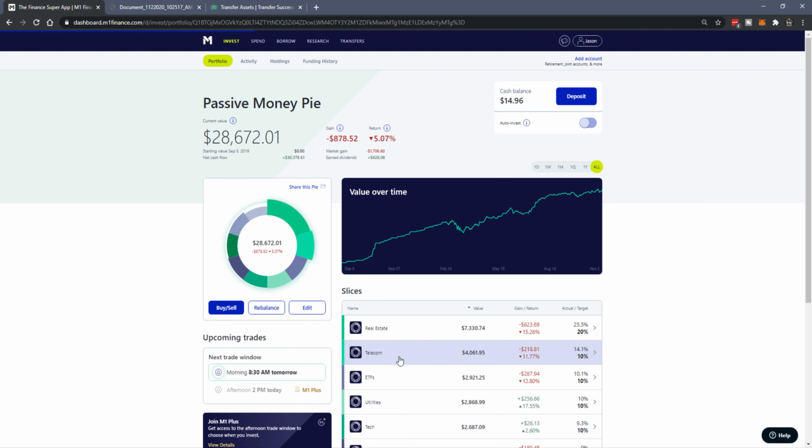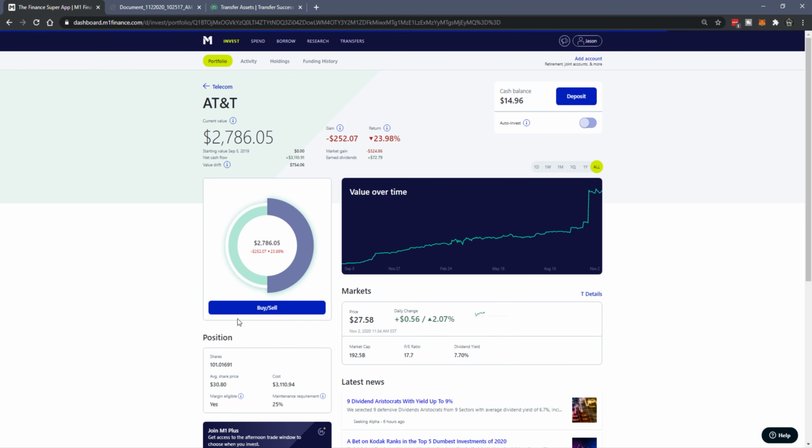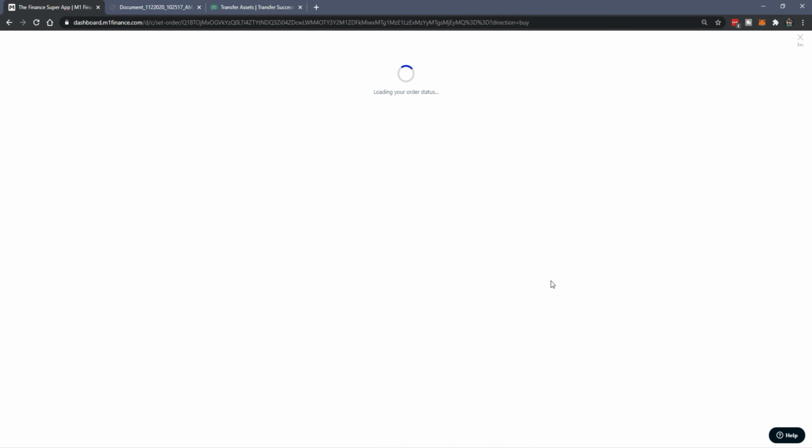You literally have to click into your shares, just hit buy, and then type in a dollar amount. So, if the share price today is $23 and I say I want $23 worth of that share, and the share price goes up before M1 decides to buy it, then I don't end up with the whole share. So I'm beginning to not like the lack of control here. So that's why I'm moving to